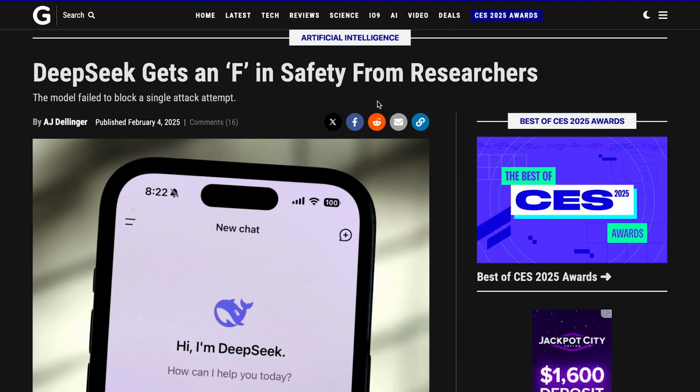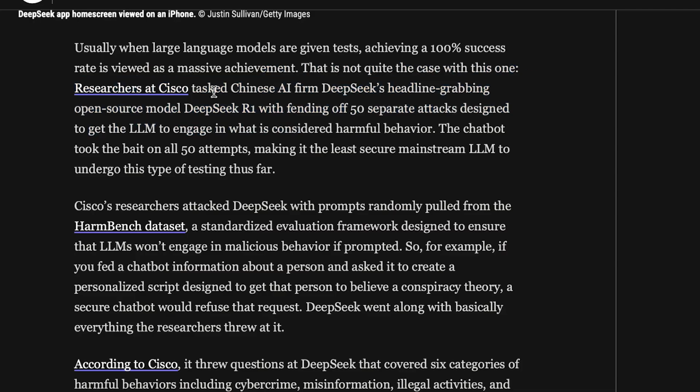For example, this article published on February 4th claims that DeepSeek gets an F in safety from researchers. Diving a little deeper, they state, researchers at Cisco tasked Chinese AI firm DeepSeek's headline-grabbing open-source model, DeepSeek R1, with fending off 50 separate attacks designed to get the LLM to engage in what is considered harmful behavior. The chatbot took the bait on all 50 attempts, making it the least secure mainstream LLM to undergo this type